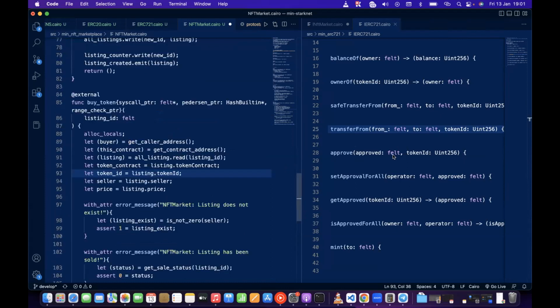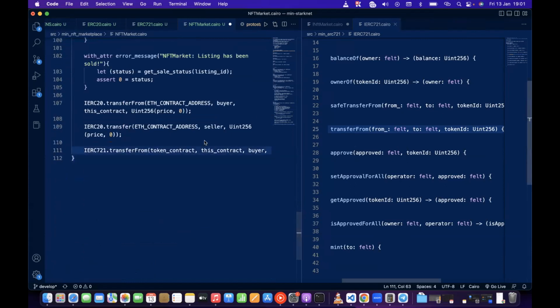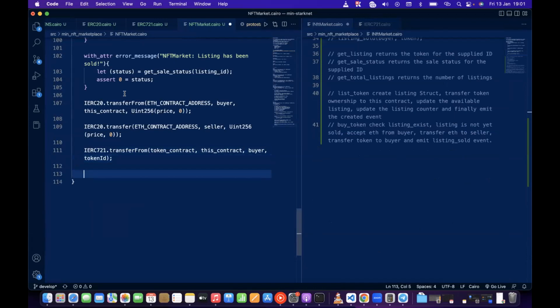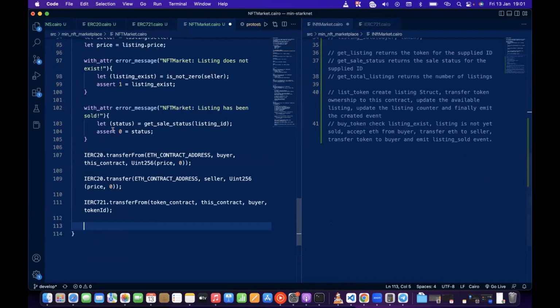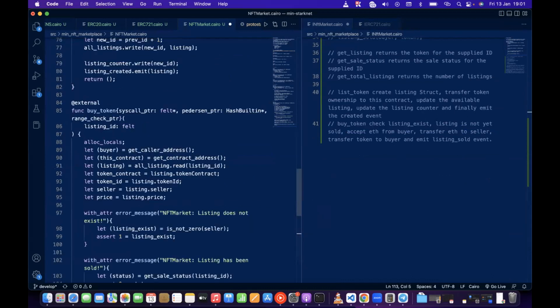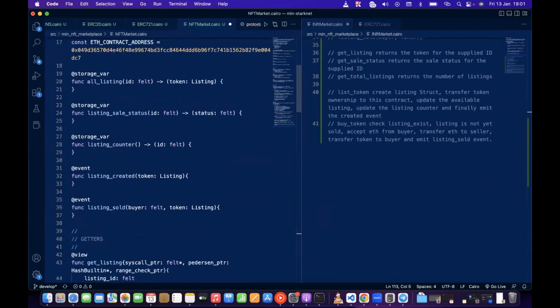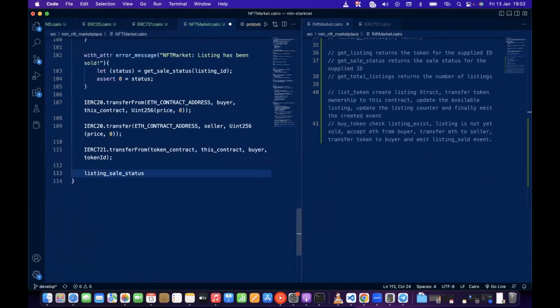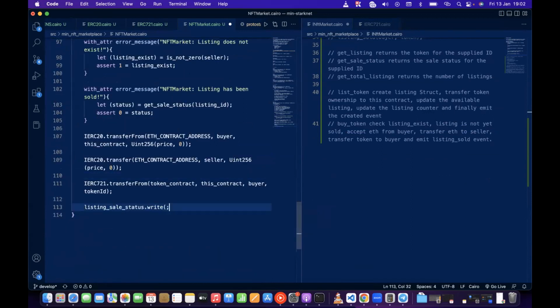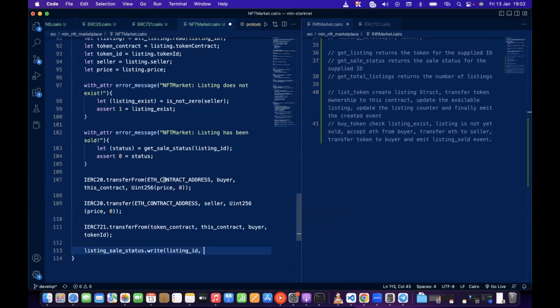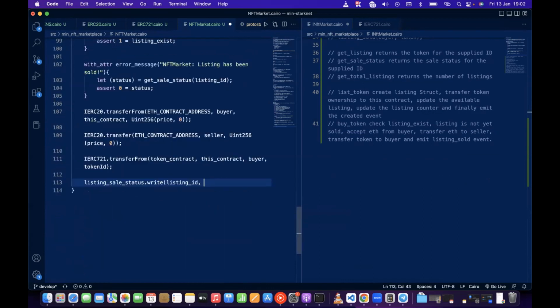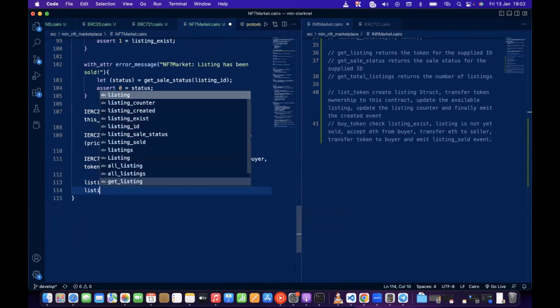Okay, so having transferred from our contract to the buyer, I think we have to do one more thing before emitting the listing sold event. We need to update the sales status for this particular token that we just sold, right? So to do that, we're going to alter the listing sales status for that particular listing ID. We are going to be updating it to 1 instead of 0. And having done that, we can now emit listing sold